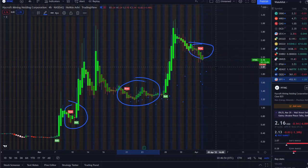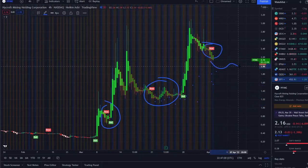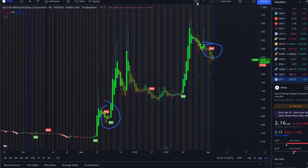We have to see if it can get negated pretty quickly by a bull indicator popping up, or the stock finding a support, hanging out in that area like it did last time here before taking off to the newer levels. That's why we're going to look at this on the 1 day,